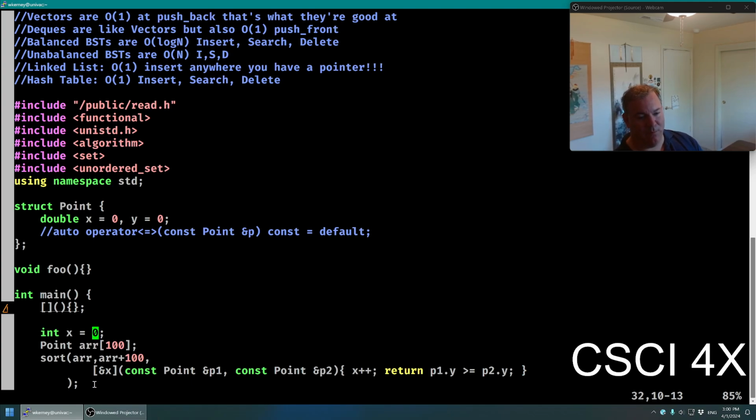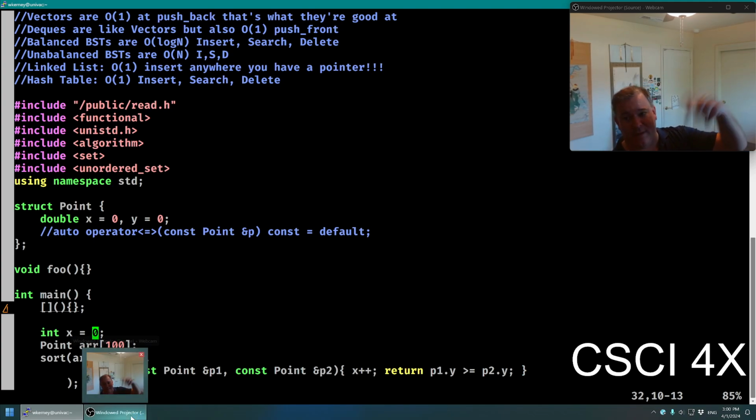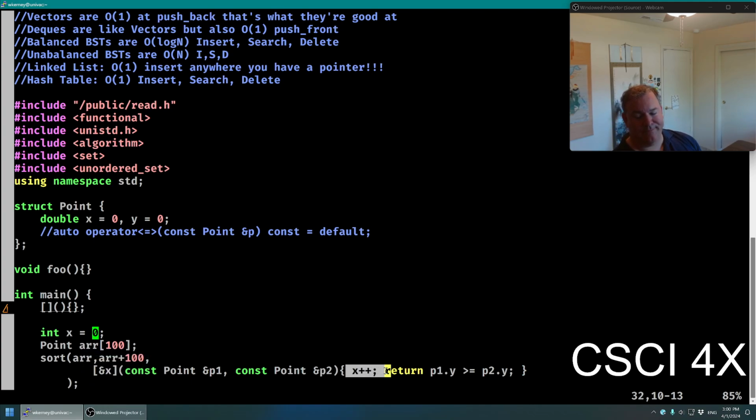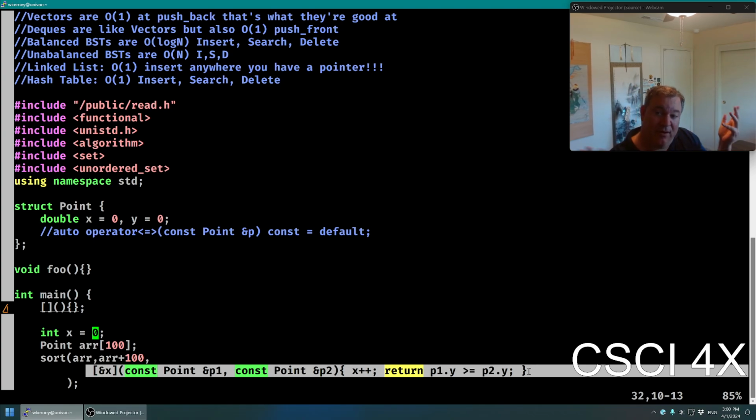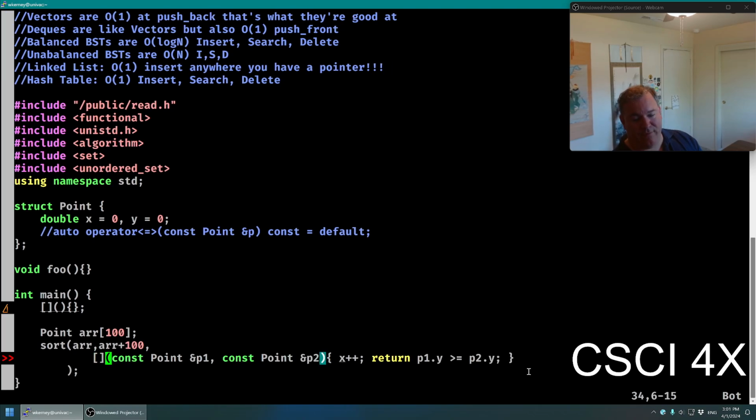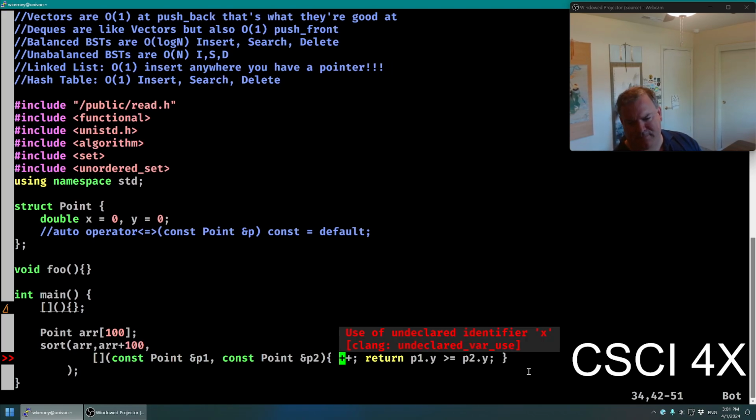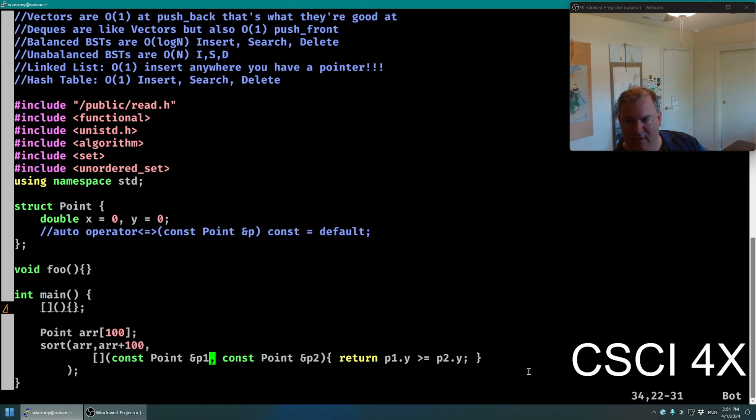That allows you to bring variables from outside the scope into the lambda. In this case, x would be basically counting how many times this lambda function got called. So, in case you're curious, you can instrument it. Whatever. I don't use them that often. They're useful. It's just most things I just pass them as a function parameter themselves.